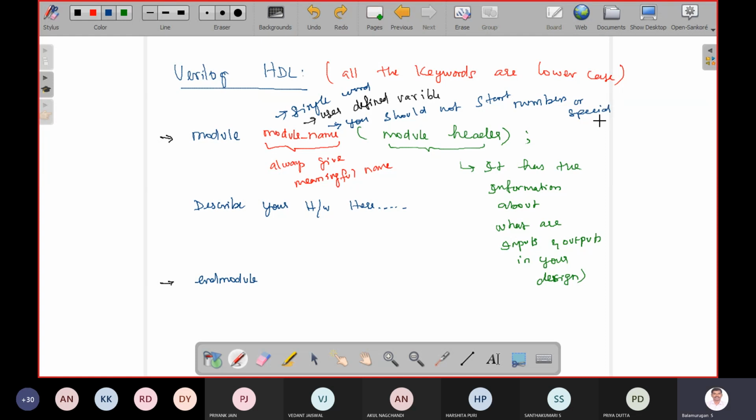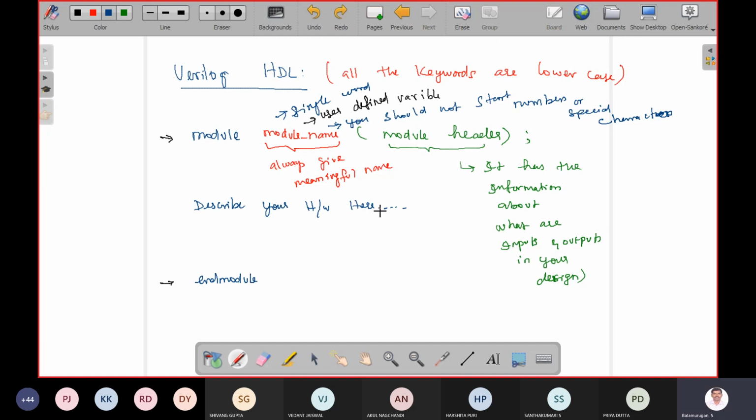It should not start with a number or special character, as that is not accepted here. You have to always start with alphabets. Sir, underscore could be used, right? Yes, you can use underscore if you want to split two words. Okay. But it should be a single word. If you use underscore, it is considered a single word.